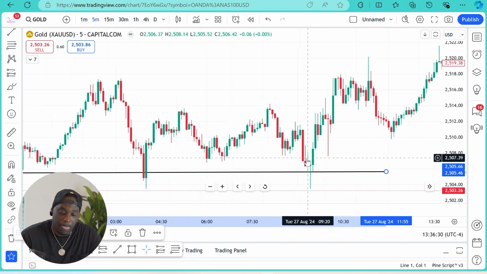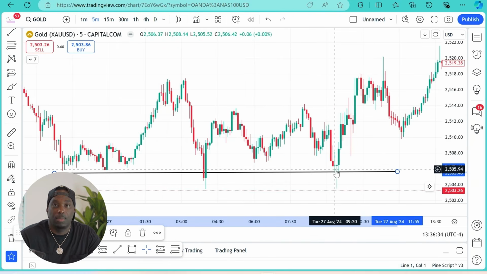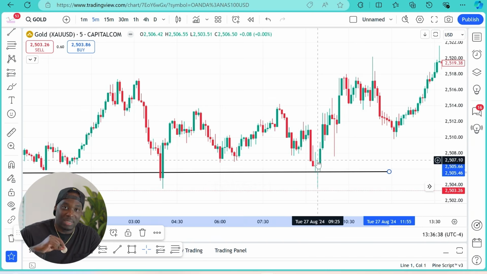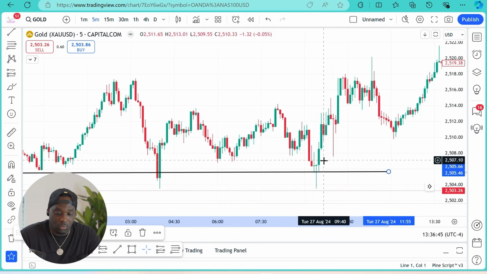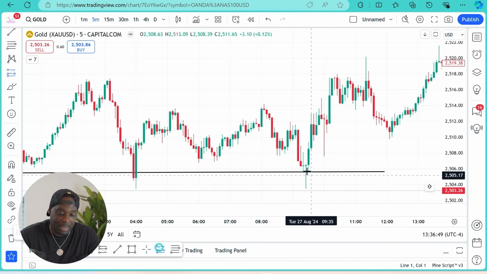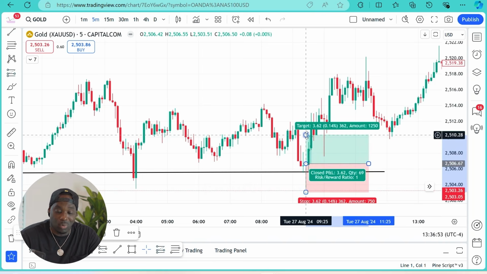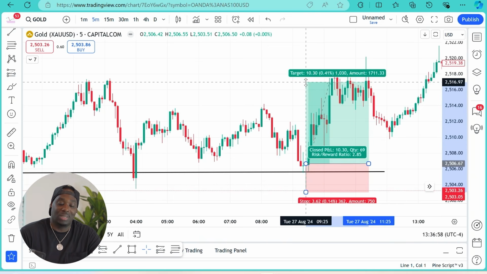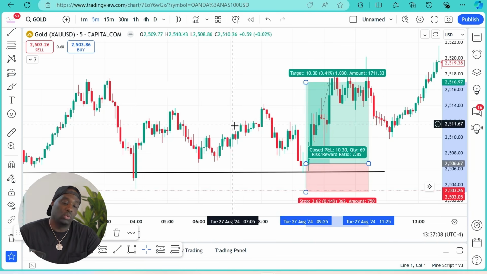So right here, we have the market reacting to this level. We're looking for either rejection like a pin bar or a nice solid bar closing pretty much at its high. So right here, this would be a nice trade. And to me, a good starting point would be a 2-to-1, meaning 2 times your risk. So let's say you're risking $100, you want to gain $200. That could be a simple way you can get profits from the market.